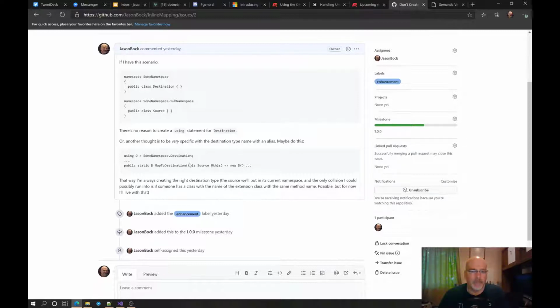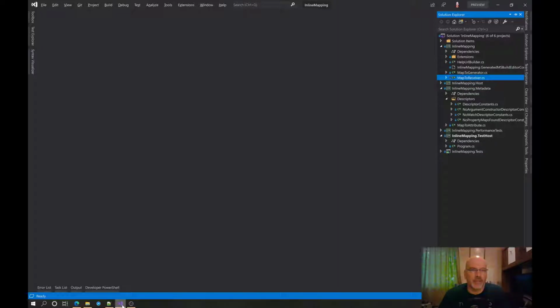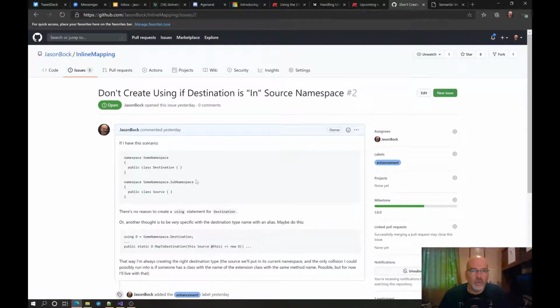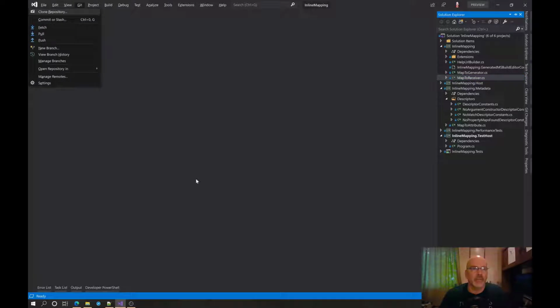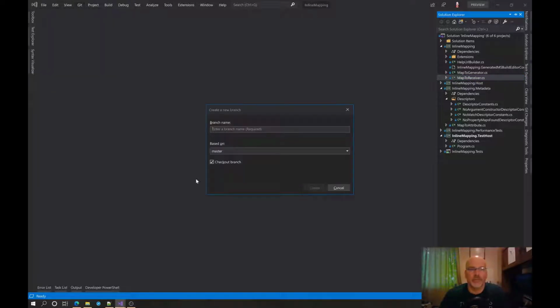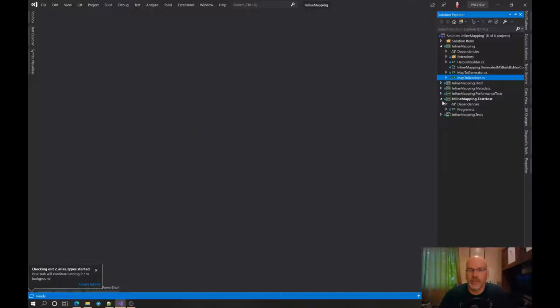And then, because I don't need to put in any other usings, those are the only two types in scope. In fact, I could even do using source equal to the full name of the source type, using destination equal to the full name of the destination type, and then just write the code as it is and not even have to worry about it. I think that's what I'm going to do. So we're going to, what is this, number 2? Let's go to our getter and create a new branch to alias types, because that's what we're actually going to do. All right, so the map2 generator,